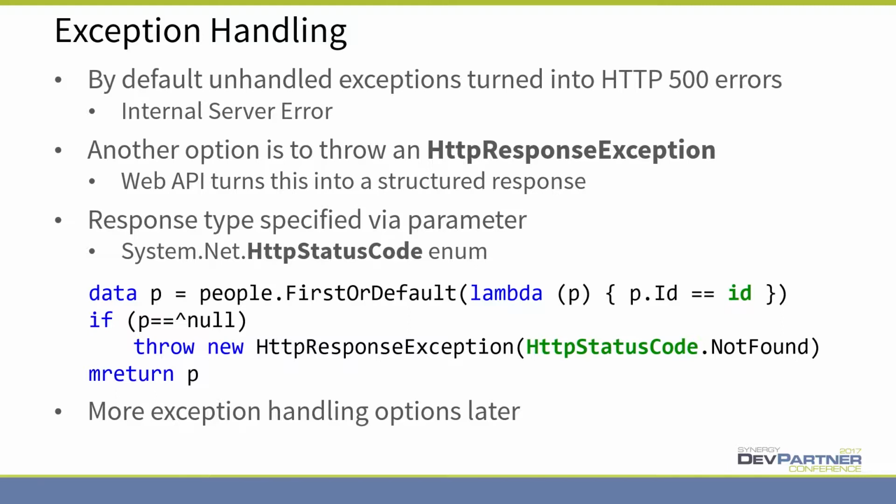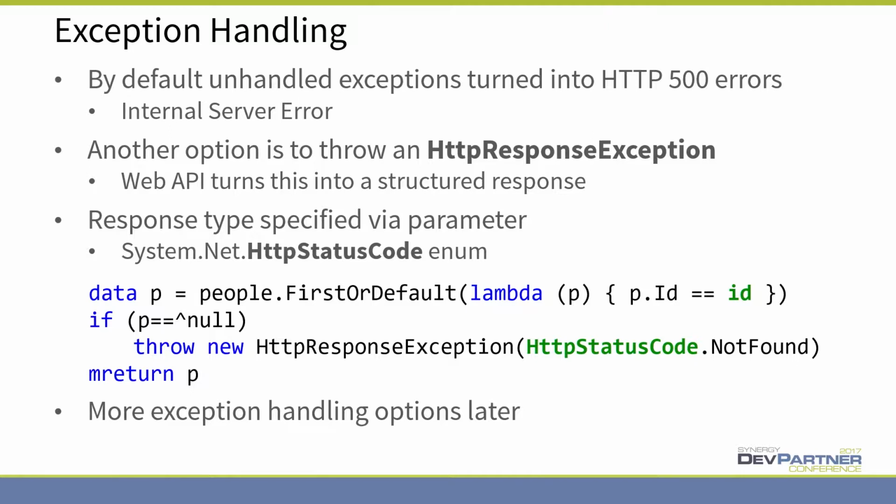a 500 is pretty bad. It suggests to most people there's a bug. So really it's a good idea to take more control. And one of the basic ways of doing that is you have the option of throwing an HTTP response exception. So this allows you to return an HTTP fail status, but where you've got some level of control over what that status is. So you want to return one of the 400s, one of the fail statuses, not one of